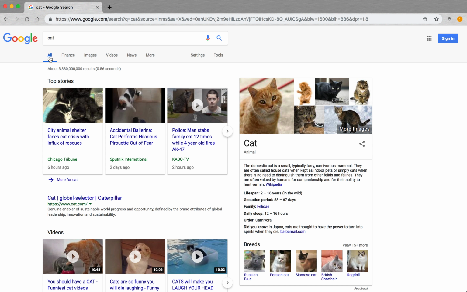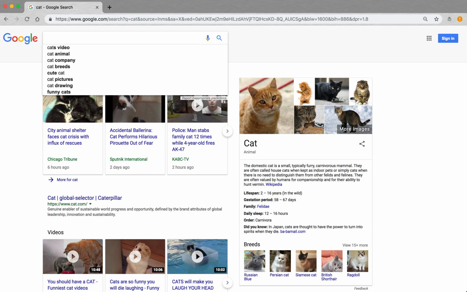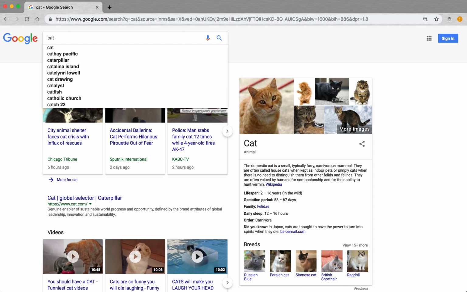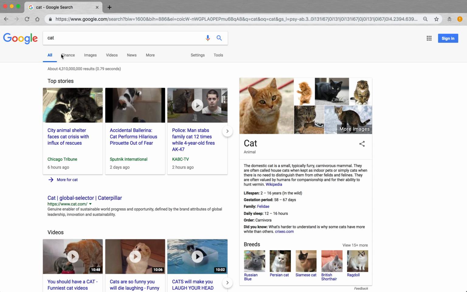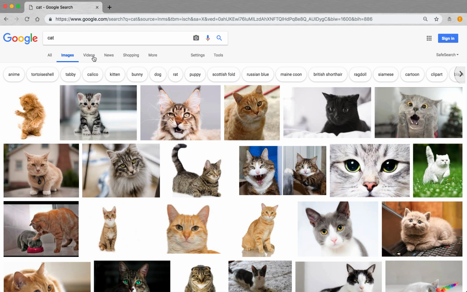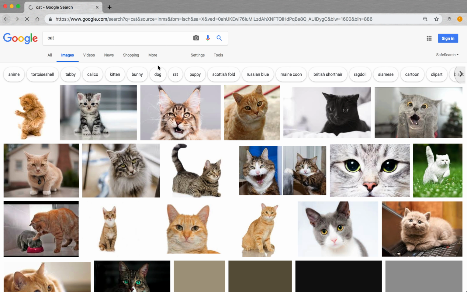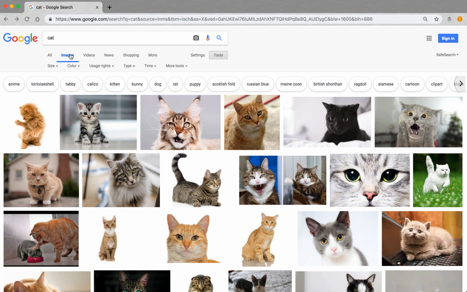Now, the next thing, this is kind of some fancy stuff, is let's go look over this cat. Let's say I want a big picture of a cat. I go into images, and these are all the different types of cats here. But if I want a big image, I have to go into settings, and actually, let's go to tools. There we go. And I can select the size of the image that I'm looking for.